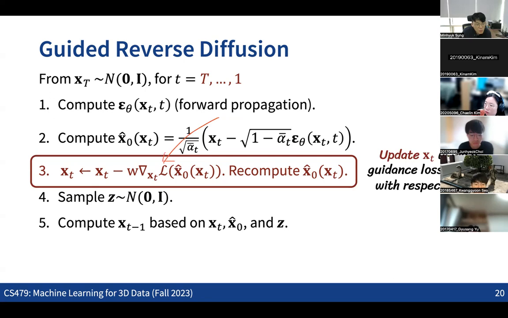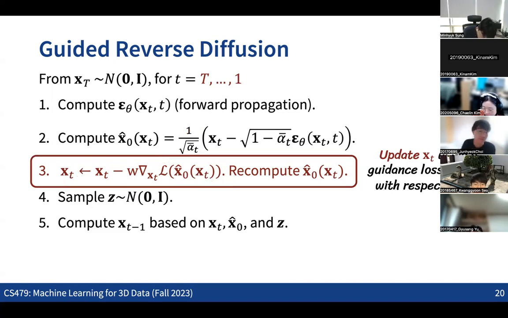Makes sense? Or we can match the style of the output images by minimizing a style loss between the output image that we are generating and a reference image. So it's really a matter of what sort of objective function we are having here. By taking the prediction of the final outputs, we run backpropagation with the objective function that we defined, so that we are updating the xt with the prediction of the final outputs. And then we recompute everything and just run the reverse process.